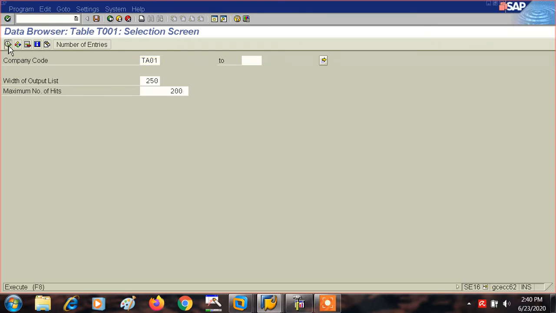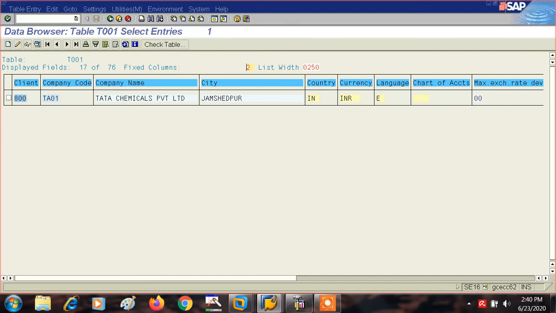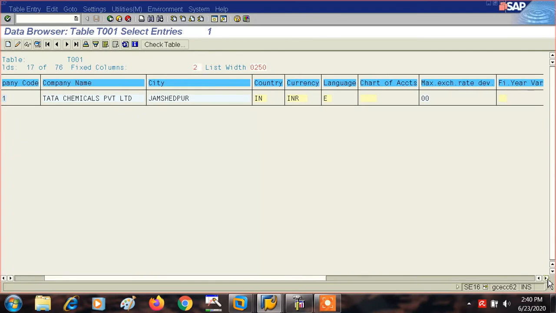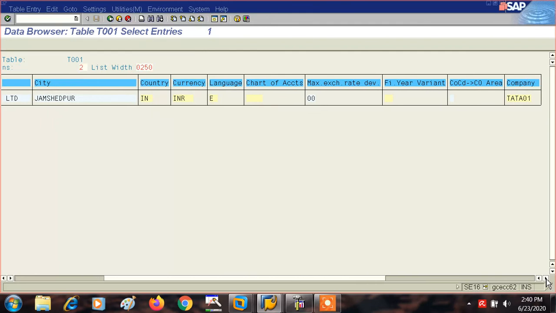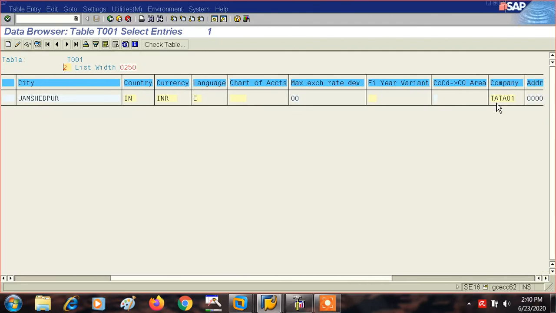Again we will go to the table and see what's happening. See here, again company TA01 is appearing over here. Fine. So this is what is happening here, and this is how the tables in the SAP system get updated. This is quite important and we must know about the tables as well.